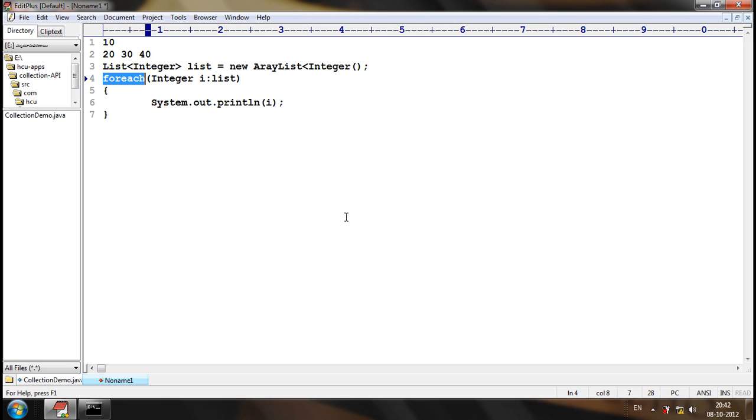But you have observed that I have used the keyword for each. The for each keyword doesn't exist in Java. The loop that is the enhanced for loop is called the for each loop, but even for the enhanced for loop, the keyword that should be used is for.